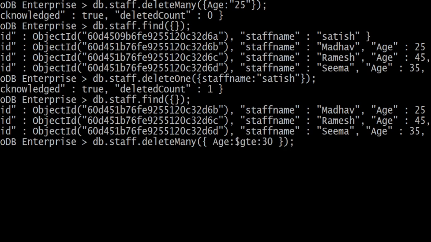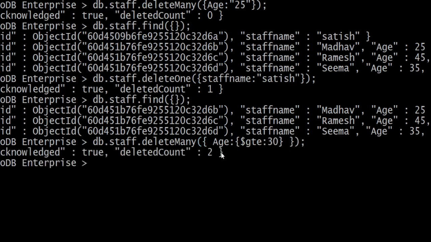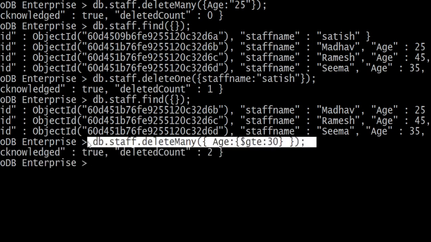Let's check, is it correct or not? Need to add the curly bracket here. Enter. So yes, my command is working. db.staff.deleteMany age: those persons having an age greater than or equal to 30, the records are deleted from my collection.